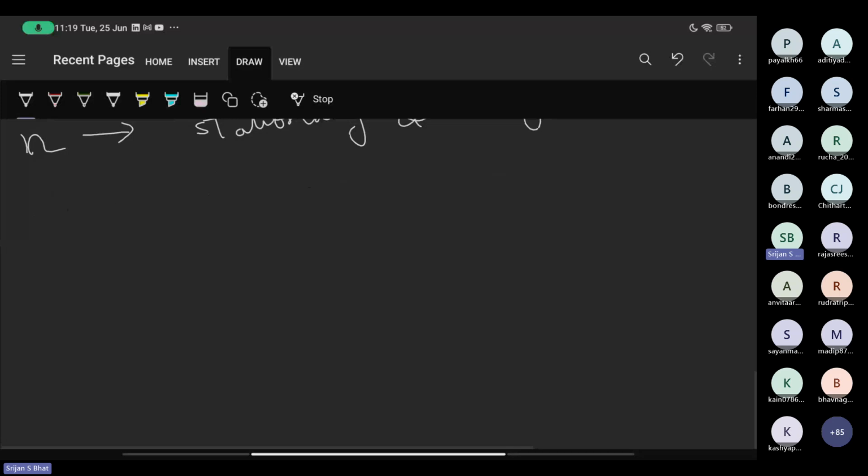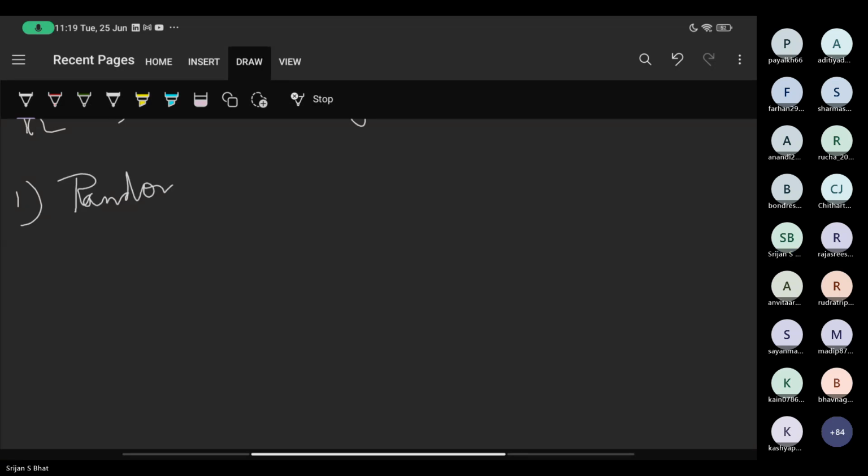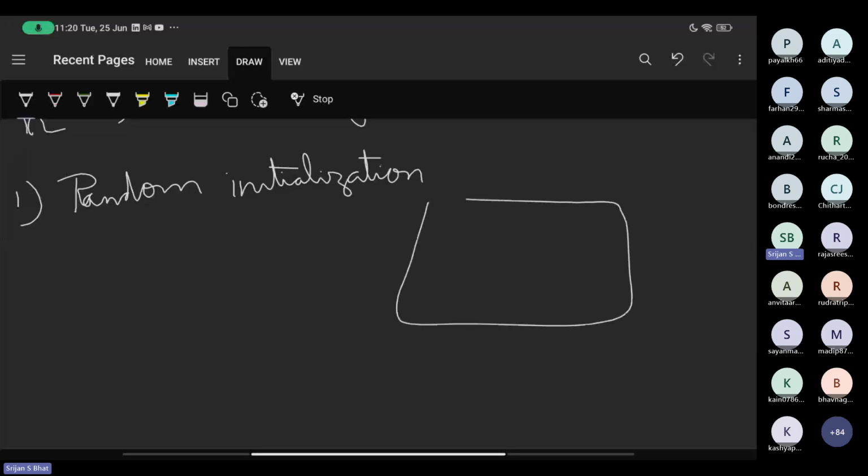So how is this algorithm implemented? So first thing is a random initialization is done. So what it means is you just have your search space, which can be this plane.